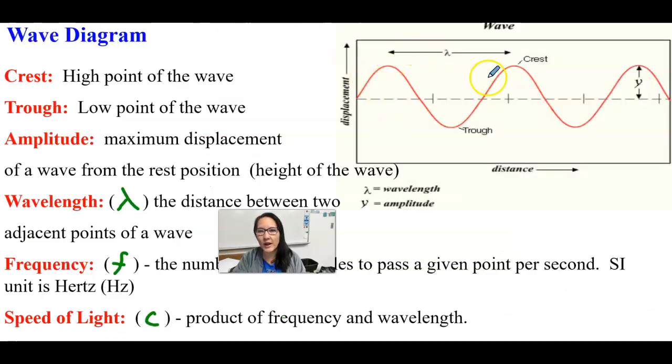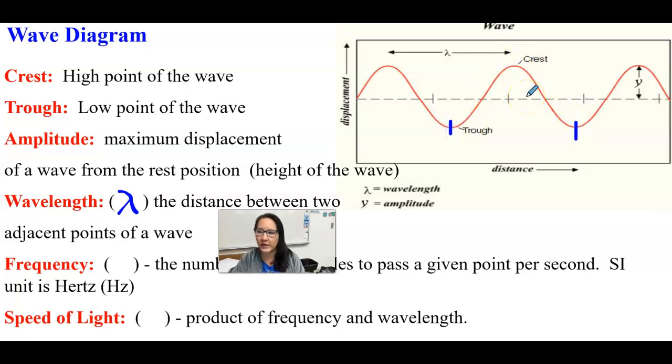So this is a wave diagram. There are some parts of the wave you should be familiar with. The crest is the high point of the wave, and the trough is the low point of the wave. The amplitude is going to be from here to here, and it's going to be the maximum displacement of a wave from the rest position, or the height of the wave. The wavelength has this symbol, and it's the distance between two adjacent wave points. So, for example, from this point to this point